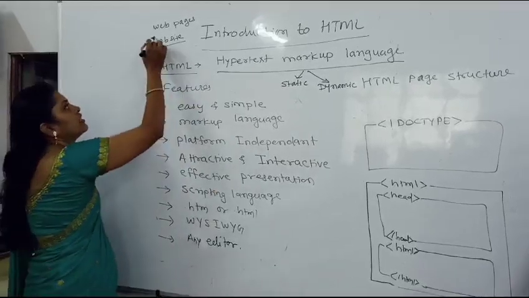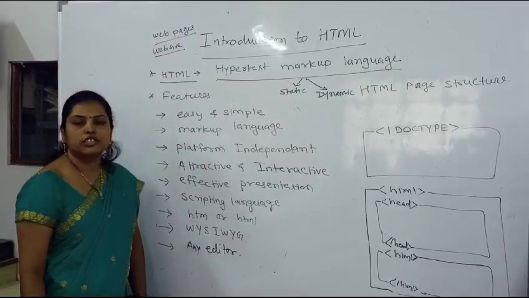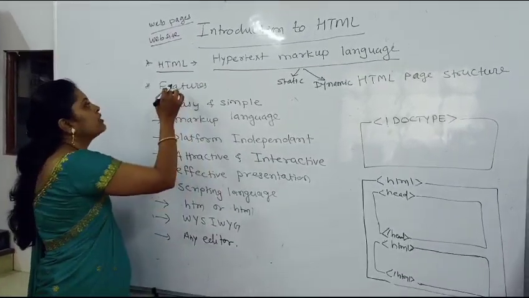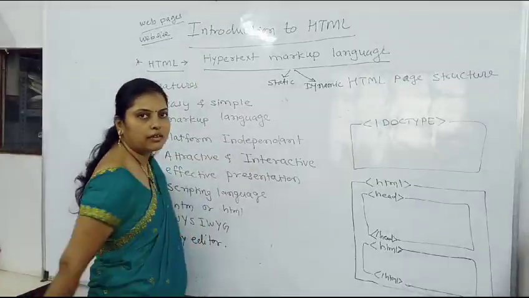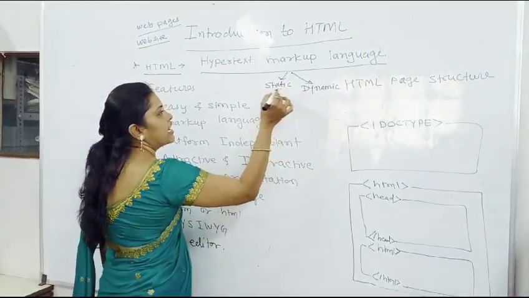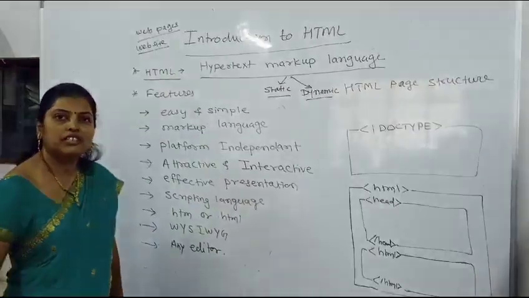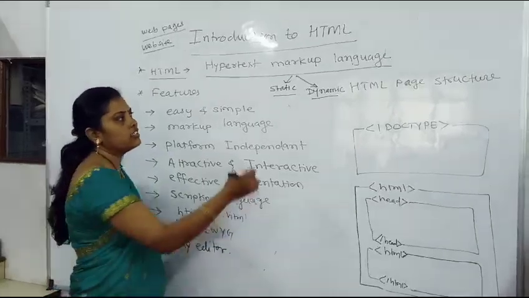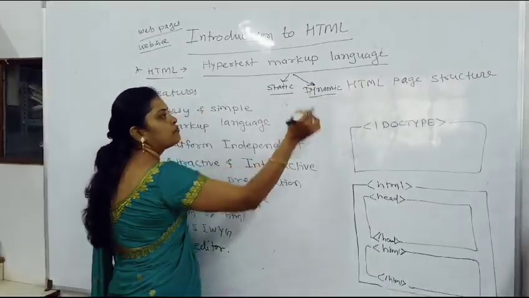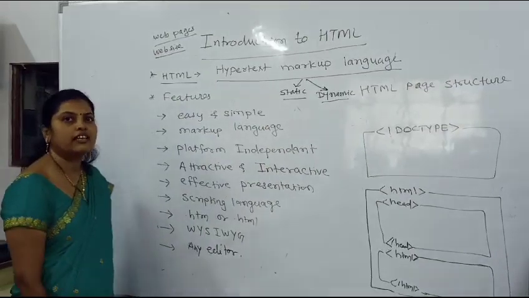Web pages contain different contents and data. When that data is displayed on the website, it is called a web page. A web page is created or designed by using the hypertext markup language. Static and dynamic are the two types of web pages. Static web pages are web pages whose contents are not changed until someone changes them, and dynamic web pages are web pages whose content is dynamically changed according to the application and editing.